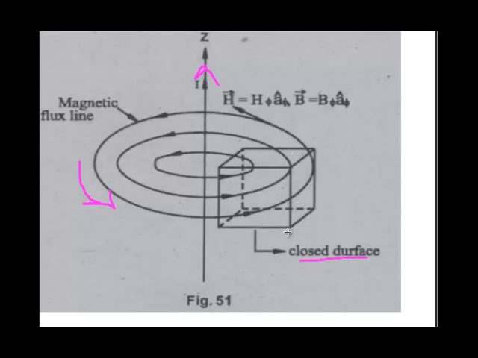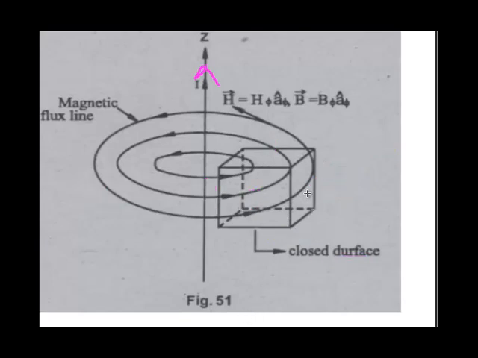such that the flux line crosses the surface, then we can calculate the total flux present in the closed surface. Total flux present in the closed surface can be obtained by just calculating the number of flux lines crossing the surfaces of this cube. This is a cube. It has 6 surfaces. One is at top, second is at bottom, then left is third, right is fourth, front is 5th, and back is 6th. So there are 6 faces of this cube.